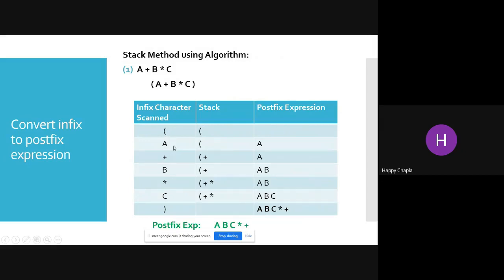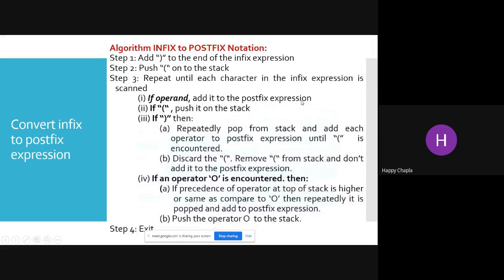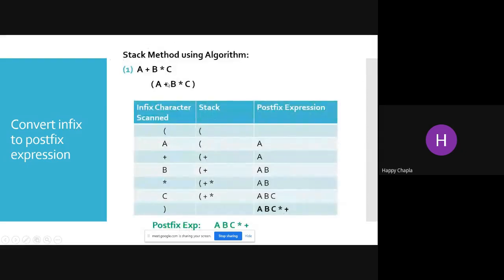If your infix character is an operand, then directly move it to the postfix expression. Now, if the starting bracket is encountered, then push it on the stack. If I have one bracket over here, we need to push that bracket into the stack too.